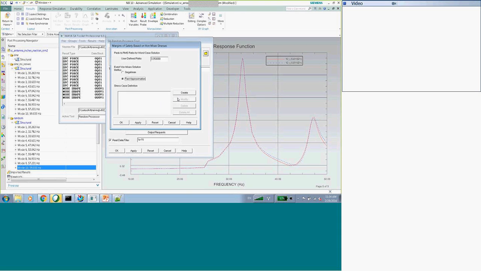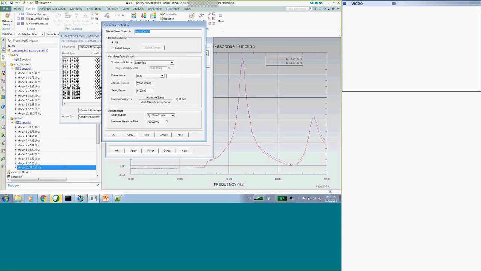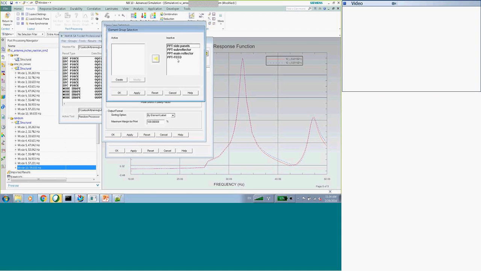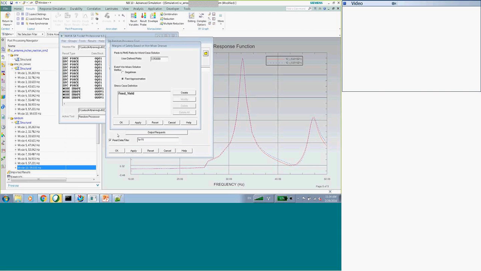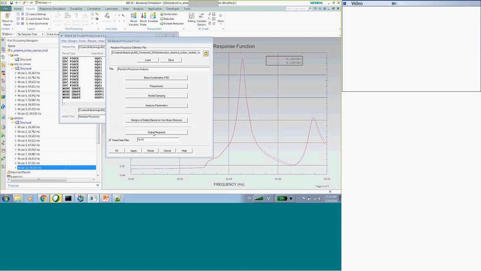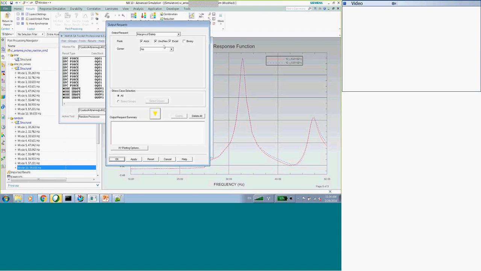I'm going to use approximation to get my stresses. I'm going to create my field, just one. Cut off here. Okay.